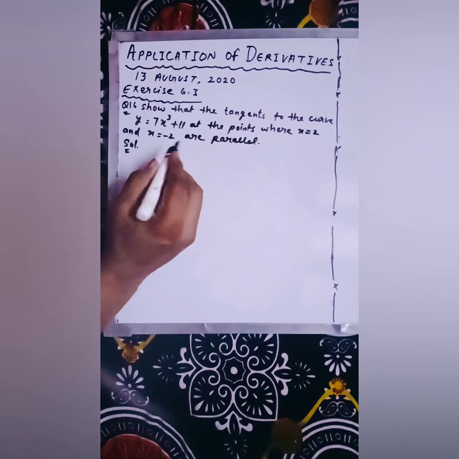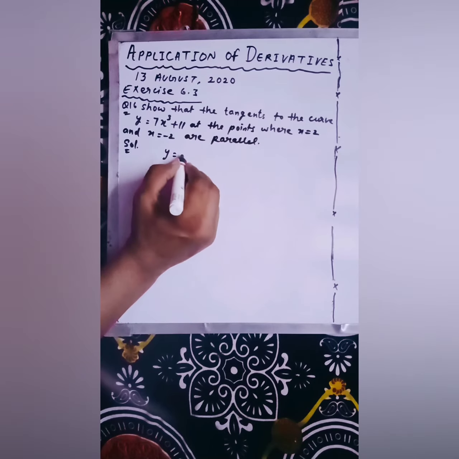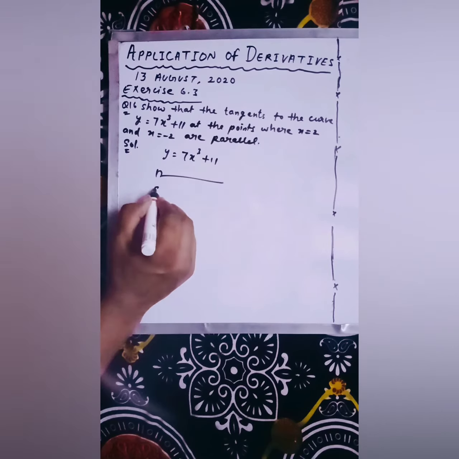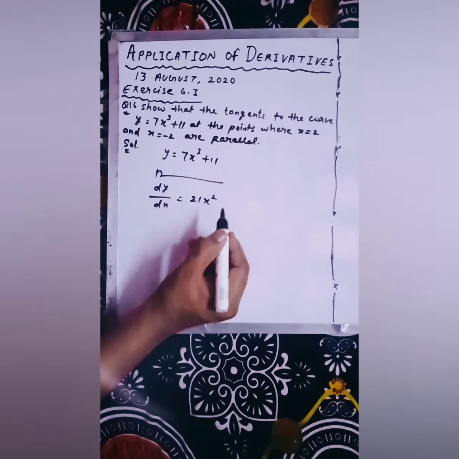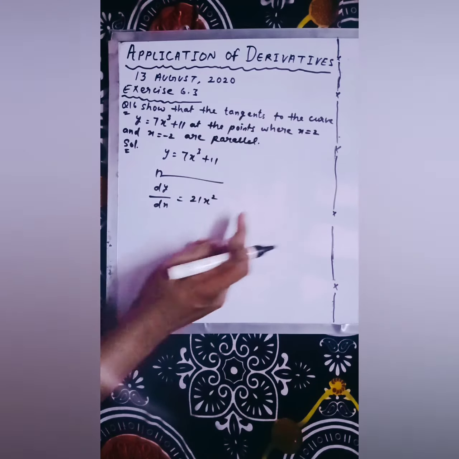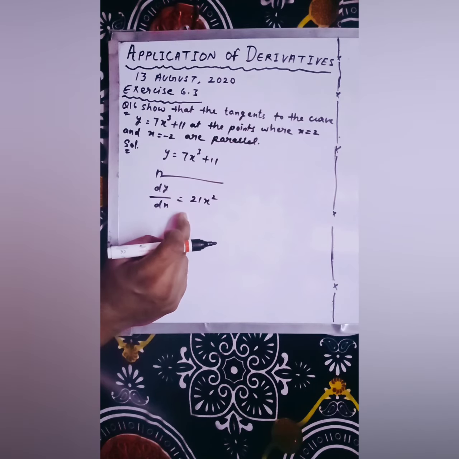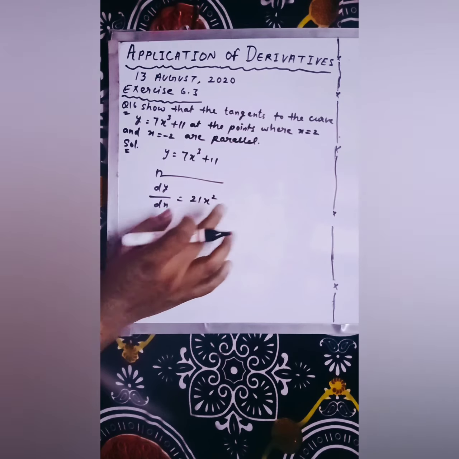Fine. So what you have to do is find the slope of this line. The equation which is given to you, you have to find the derivative by differentiating both sides. So you will get dy by dx, and this would be it. Now you have to put this value in this slope and this value in this slope one by one. If you get the same answer, that means the slope is the same, then we can say that it is parallel. So we are doing it.